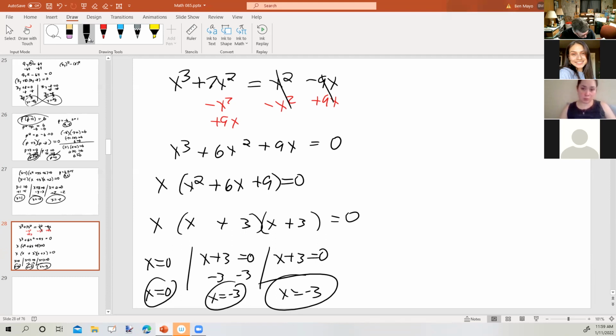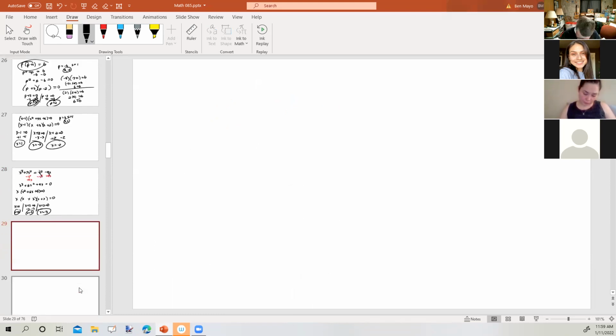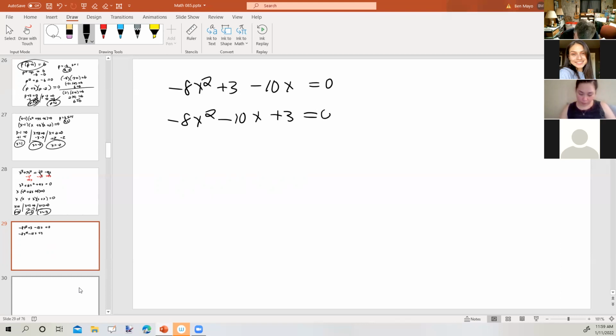Okay. How about this one? Negative 8x squared plus 3 minus 10x equals 0. So what we have there is, well, it's not in standard form. It's set equal to 0, but standard form would look like that, right? Okay. Well, the next thing I'm going to do is take out the greatest common factor, or in